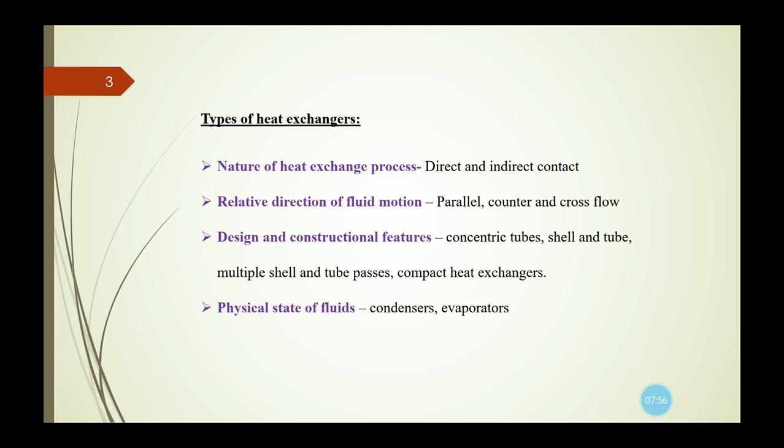In case of a regenerator, hot and cold fluids pass alternately through a space containing solid particles, and these particles provide alternately a sink and a source for the heat flow. Examples of this regenerator are the IC engine, meaning internal combustion engine, and the gas turbine, then air heaters of blast furnaces. So these are examples of the regenerator type of indirect heat exchanger.